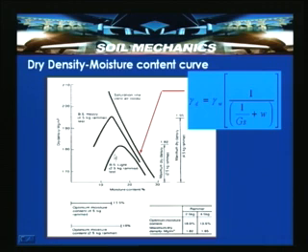So, here is a compaction curve obtained for IS light compaction, where a 2.5 kg hammer has been used with a fall of around 0.3 meter. This particular curve has a maximum dry unit weight of around 1.95 Mg per meter cube, with a water content of around 15% optimum moisture content, and this particular curve is around 19% or 18%